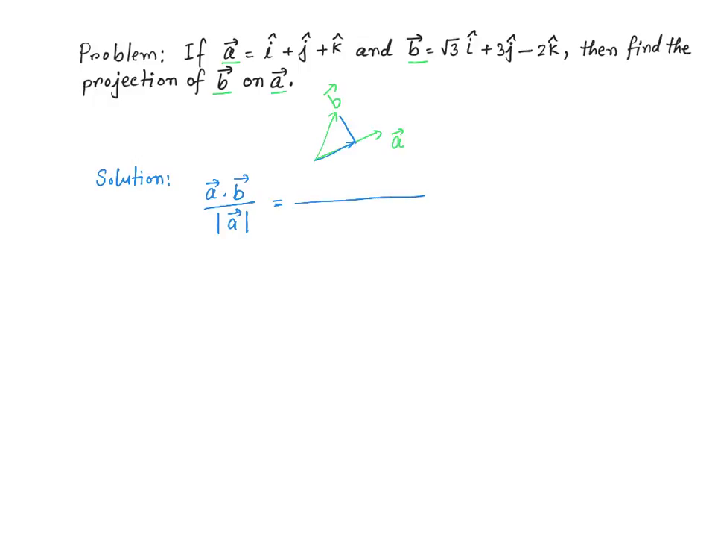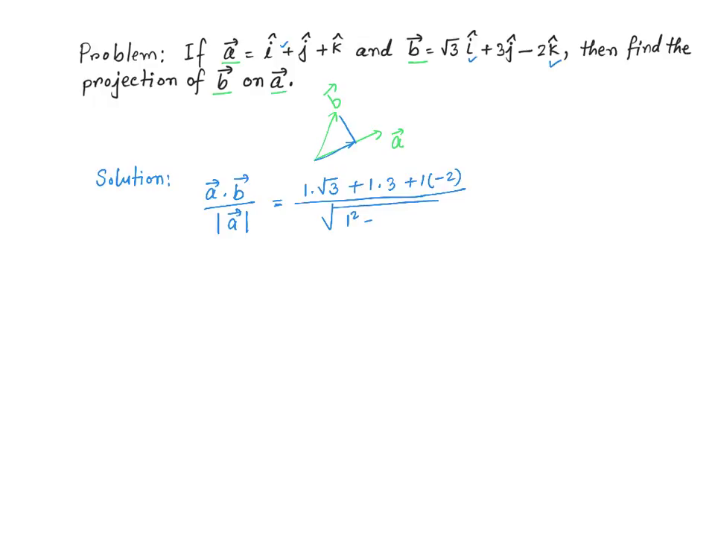So it is going to be 1, the coefficient of i hat, which is 1, and the coefficient of i hat here is square root of 3. So 1 times square root of 3. Similarly, we do it for j hat, 1 times 3, plus 1 times k hat, the coefficient is negative 2. Then I divide it all by the magnitude of vector A,